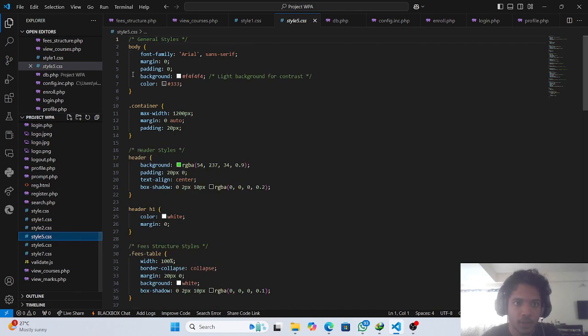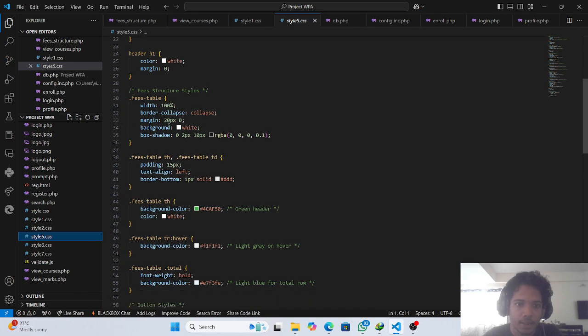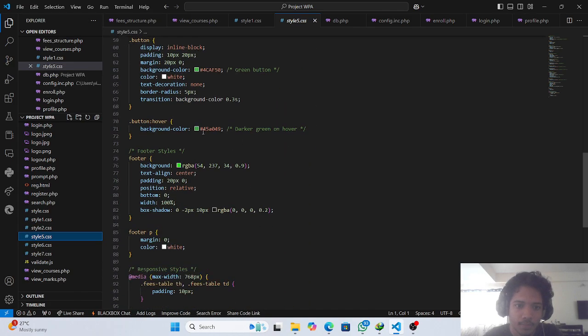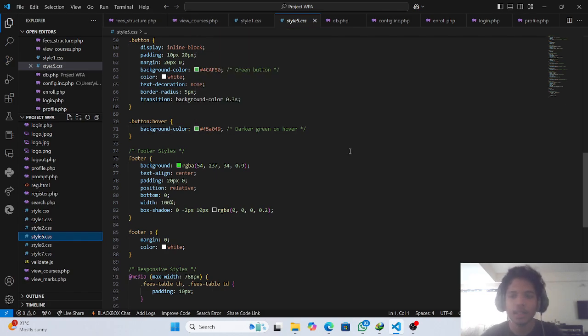Now apart from that, the style file is basically for the view courses. So when we're talking about this, the font family is Arial and sans serif. And when we're talking about the button hover, the basic thing that I have done is